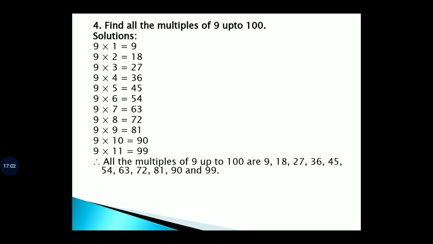9 into 7 is equal to 63. 9 into 8 is equal to 72. 9 into 9 is equal to 81. 9 into 10 is equal to 90. 9 into 11 is equal to 99. Therefore, all the multiples of 9 up to 100